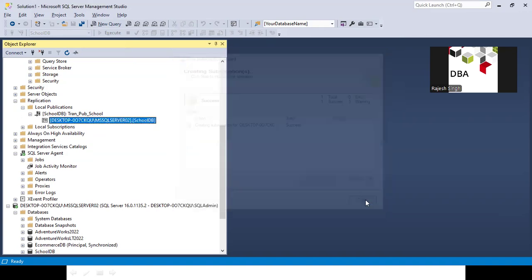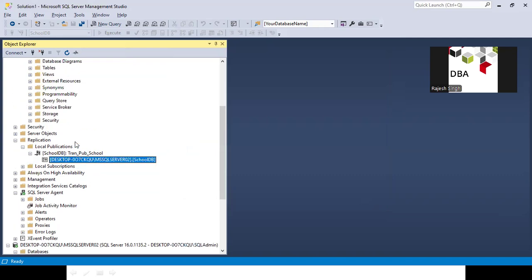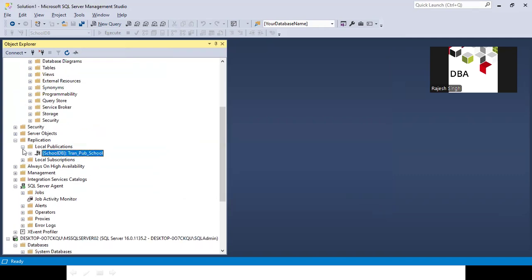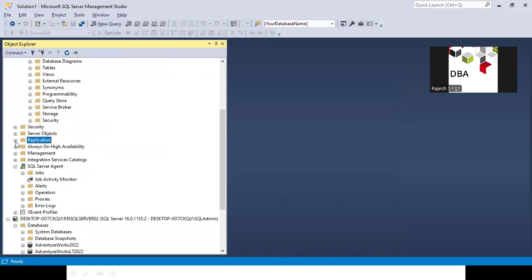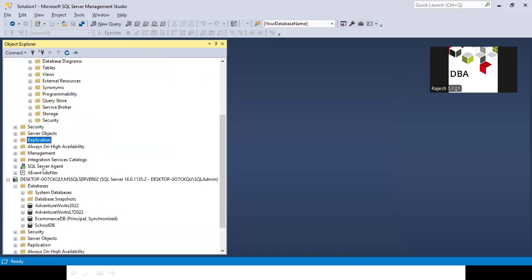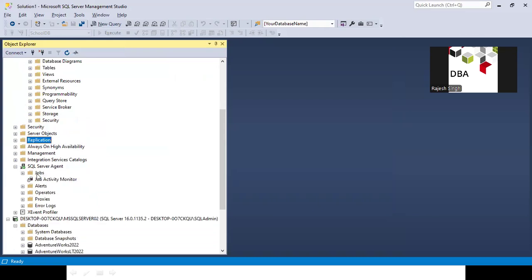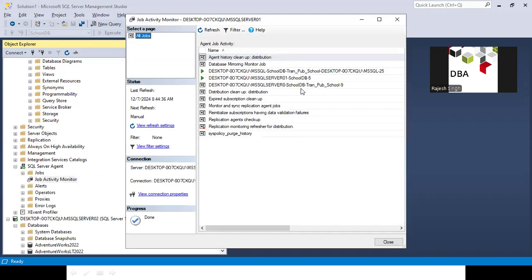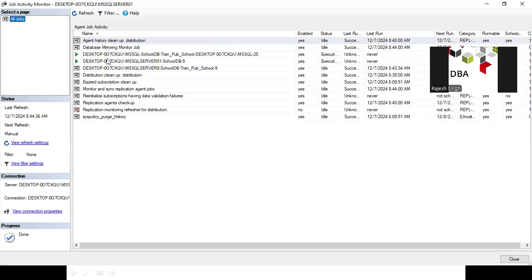Okay, so this is done, and let me show you whatever subscriber agents are there. If you expand SQL Server Agent, you can see multiple agents are there. Let me maximize. So you can see 2 jobs are continuously running.